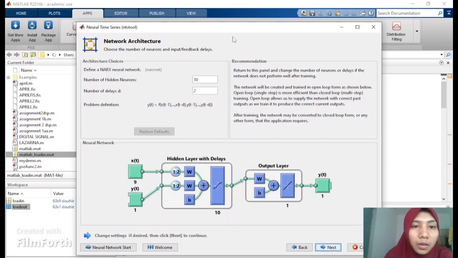Next, we set the hidden number, okay, we put it